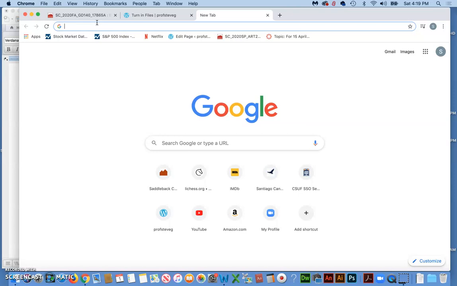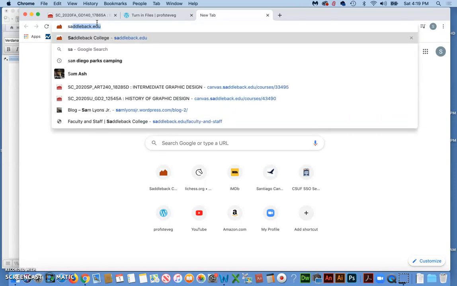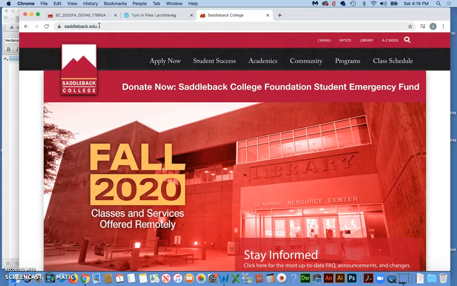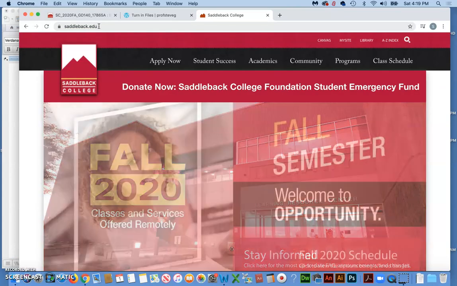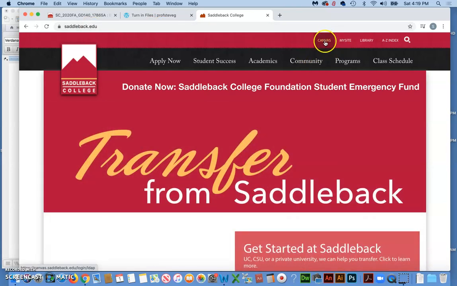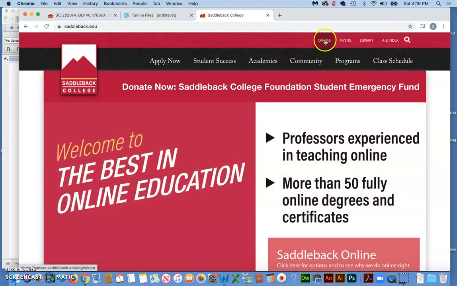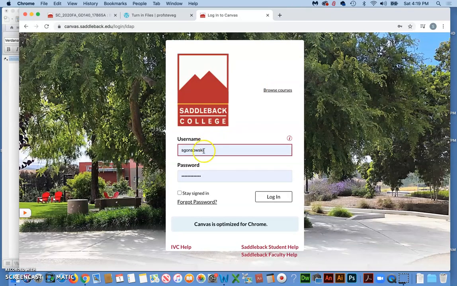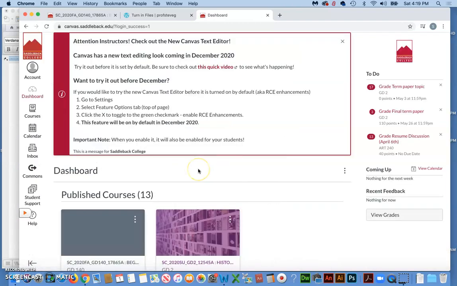Now I teach at 3 different colleges right now, so I'll just go to Saddleback's right now, but whatever college you teach at, go to, or are enrolled in, go to their site, click on Canvas, which should be a button for it somewhere near the top of the page, and you'll have to put in your credentials, which are typically the exact same credentials that you use to sign up for the class at that college in the first place. Log in. When you log into Canvas, you should see something kind of close to this.